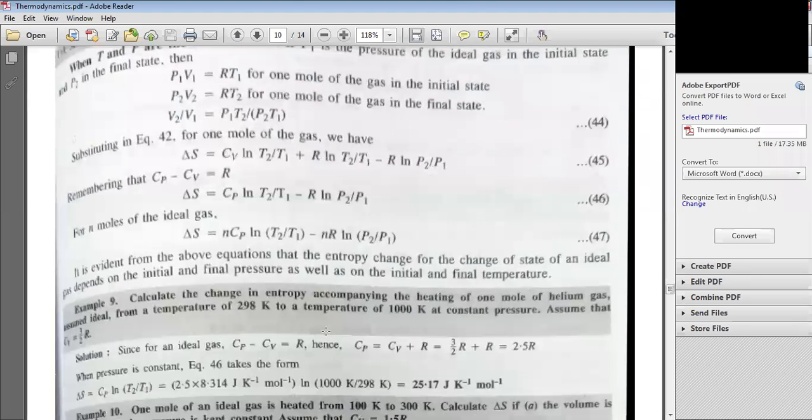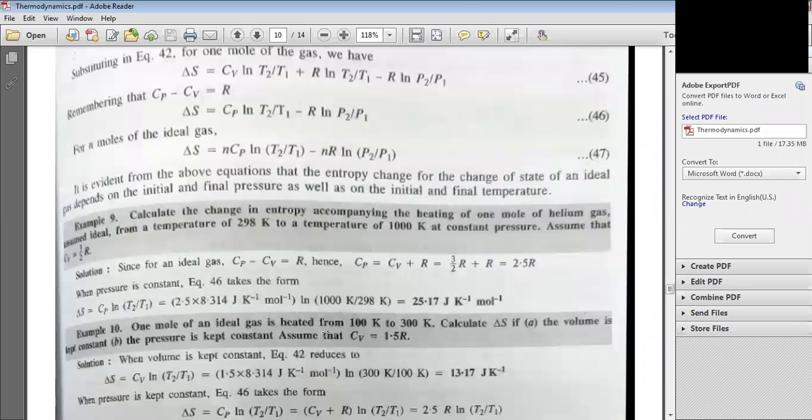So here is one numerical problem you can do. You have to calculate the change in entropy accompanying the heating of 1 mole of helium gas, assumed ideal. So students, in the NET exam, this thermodynamics part definitely plays a very important role. So when we qualify this NET exam,